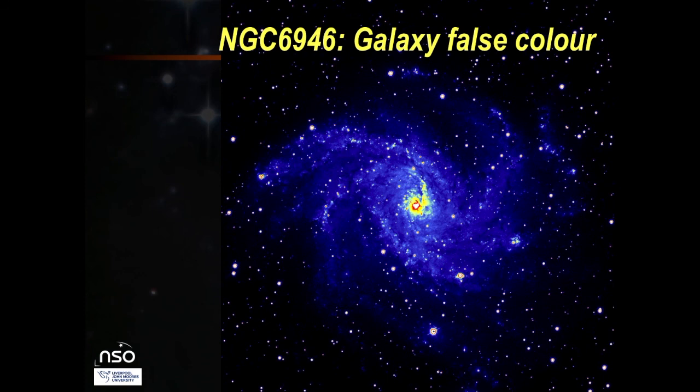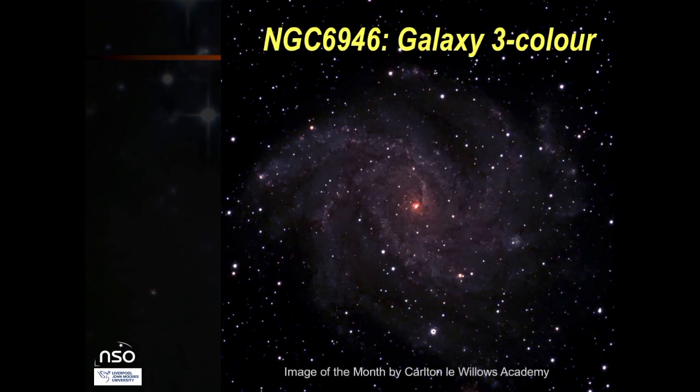This is with a single filter observation, but you can do even more if you have 3 color observations, which can be combined to produce an image like this. So leave time for the students to experiment with processing their images, practice with some of the images from the archive so that they can get some idea of what they can and can't do, and what they can and can't bring out of their data.